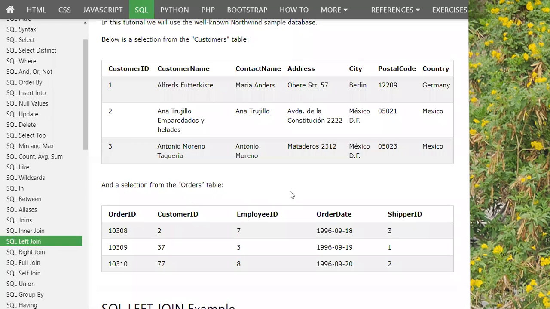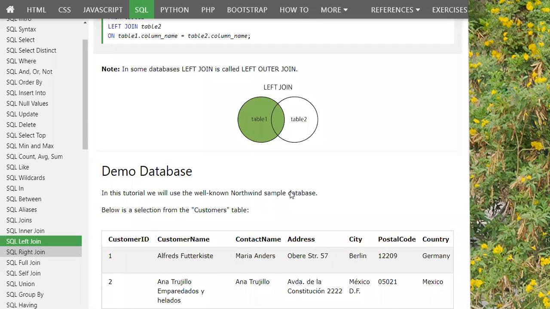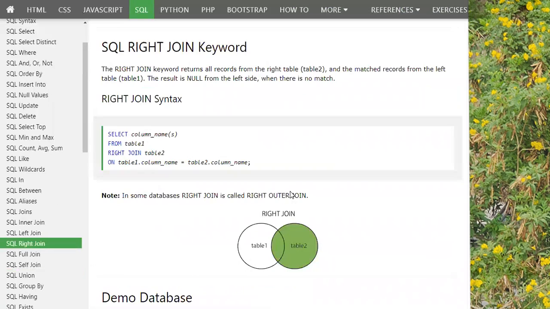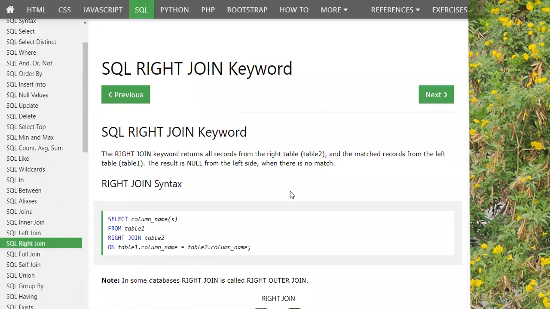Then the rest is the right join. Kindly ignore the ads coming on the right hand side. It's an online site, so there may be some pop-ups.